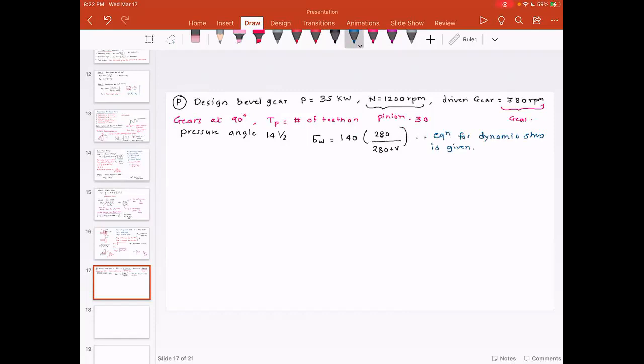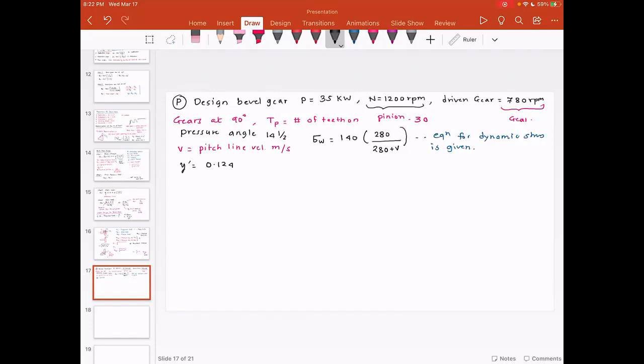If it is not given, then we have to use the equation for the spur gear. The V is the pitch line velocity in meters per second, and the form factor, which is Y, is given as